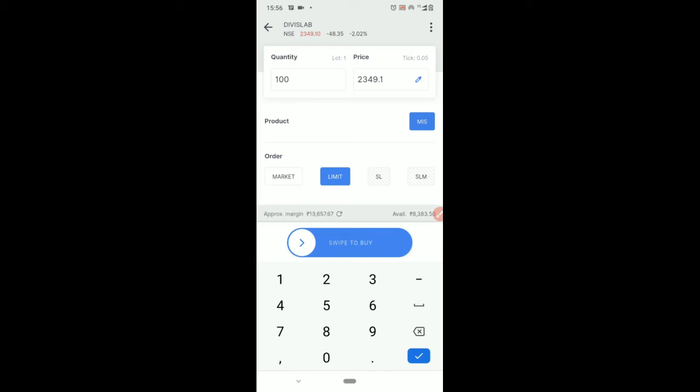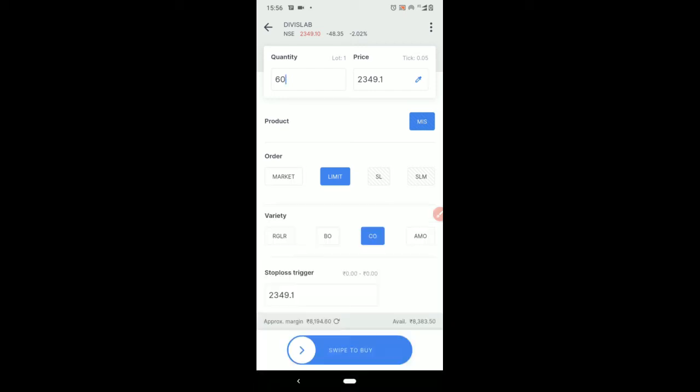It shows that 13,657 rupees is required, but I have only 8,383 rupees. So I can immediately reduce it and hit refresh again. It still shows that the margin required is higher than the available cash, so I reduce it again. Here I can buy at least around 60 in quantity for this stock.